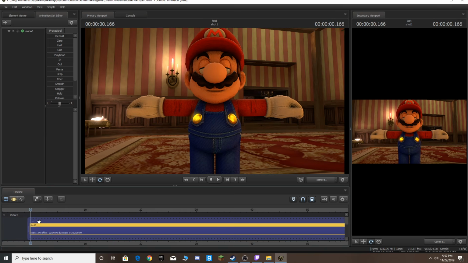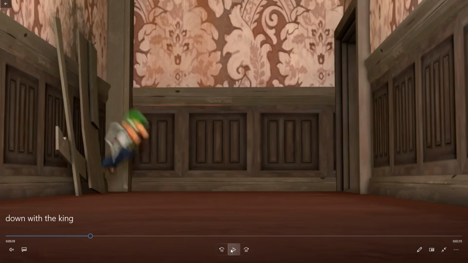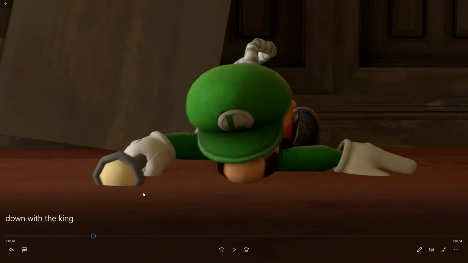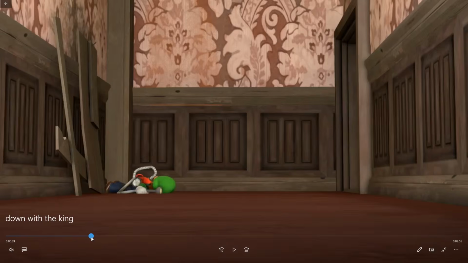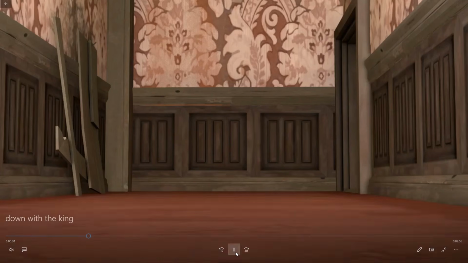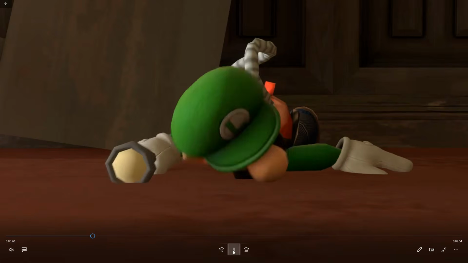Or you can use the keyframes to go frame by frame. So you can't really do anything in this except if, say, you want scenes to cut. For instance, let's play the Luigi's Mansion video right now. See how in this scene where Luigi's thrown, when he hits the ground, the scene switches and then gets closer on him from a different angle. The camera is looking this way, standing still, and then when he falls, it switches and looks